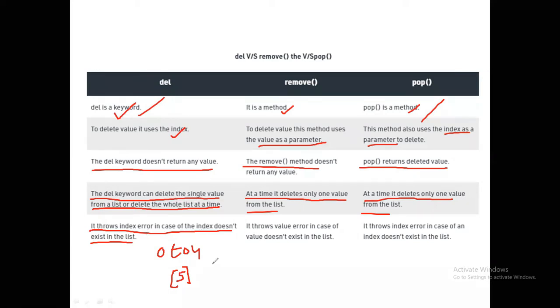But coming to remove, if I try to remove an element that is not in the list, then it throws a value error in case the value does not exist in the list. And if you try to delete an element with the help of pop and the index is not in range, then it throws an index error in case the index does not exist in the list.